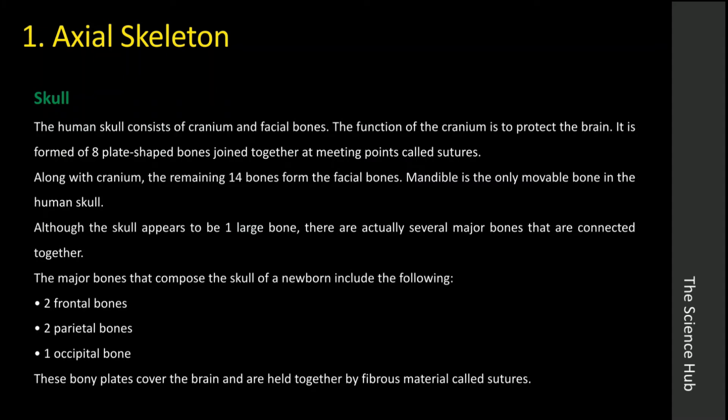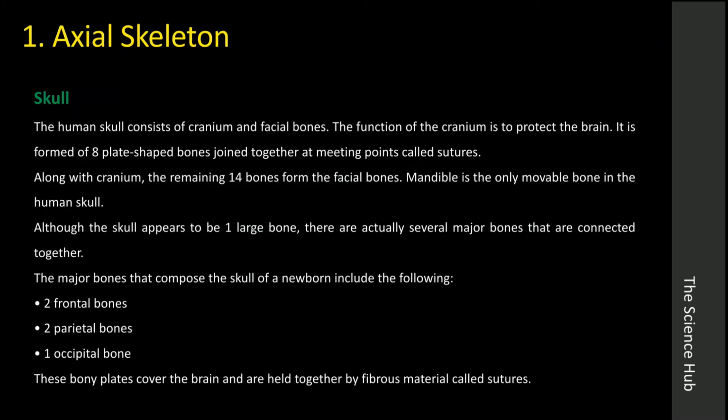Skull. The human skull consists of the cranium and the facial bones. The function of the cranium is to protect the brain. It is formed of 8 plate-shaped bones joined together at the meeting points termed as sutures. Along with the cranium, the remaining 14 form the facial bones. The mandible is the only movable bone in the human skull. Although the skull appears to be one large bone,